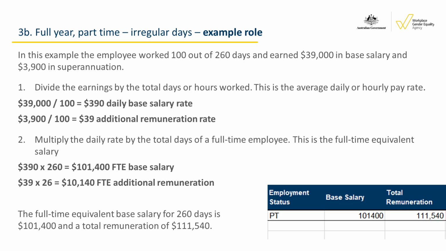In the example, the employee worked 100 out of 260 days and earned $39,000 in base salary and $3,900 in superannuation. Following the steps from the previous screen, when calculated to the full-time equivalent, it works out to a base salary of $101,400 and a total remuneration amount of